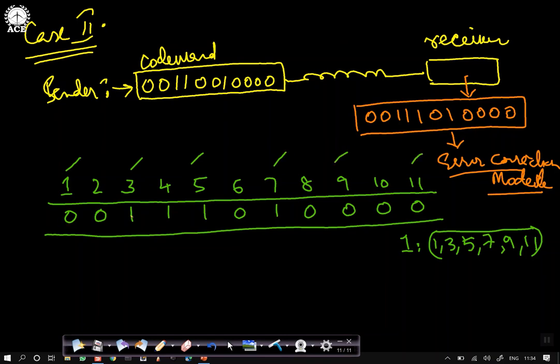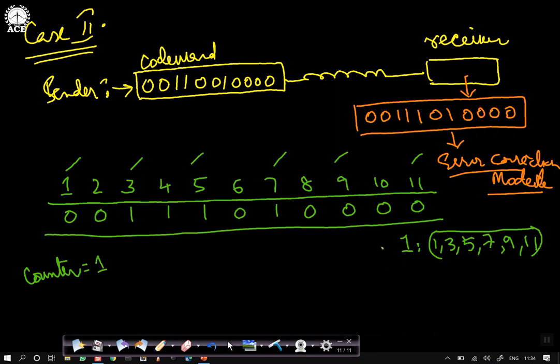Here I have 0, here I have 1, 1, 1, 1, then I have 0, 0. So in total how many ones do I have? Look at that. Here also 1, here also 1, here also 1. I have 3 ones. Odd parity. What was sent was even parity, but now it is odd parity. Therefore the counter is incremented from 0 to 1.